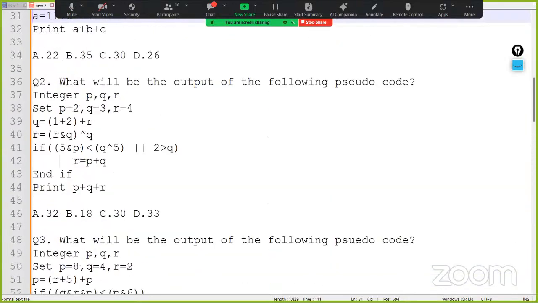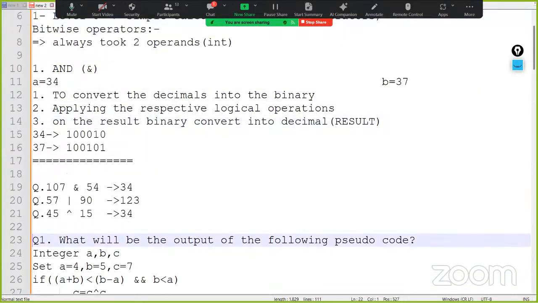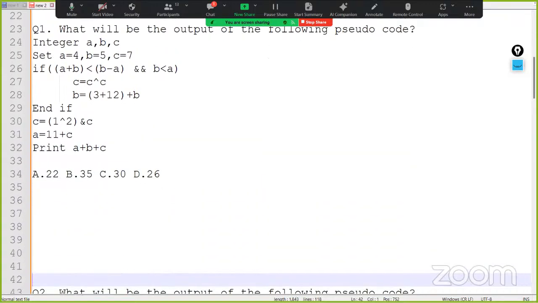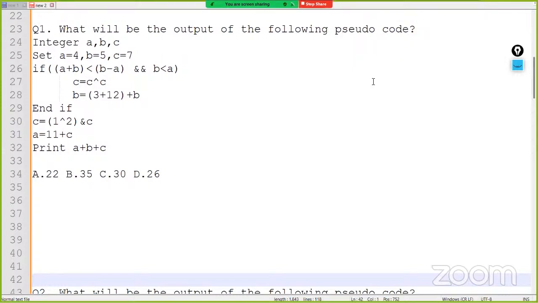Okay, so these 5 questions are what we are going to solve today. That is our target. Let me get to the top of the screen. Here you can see the title: what will be the output of the following pseudocode? Definitely this is going to be the title, and they will give you the pseudocode